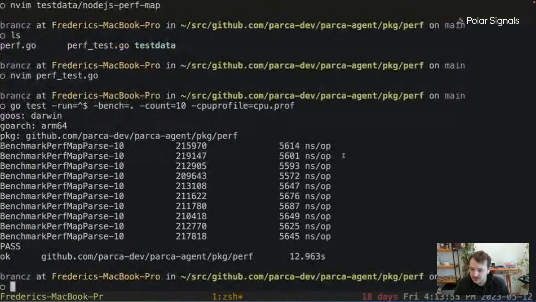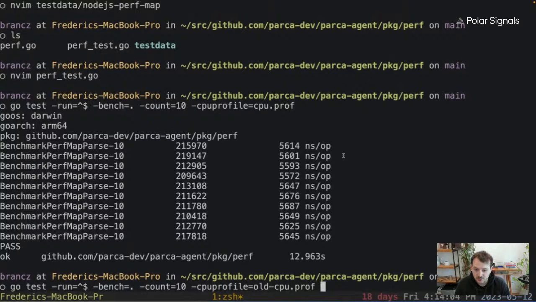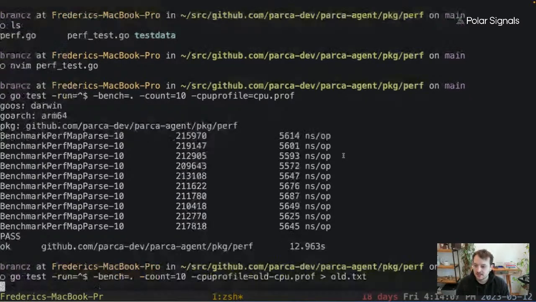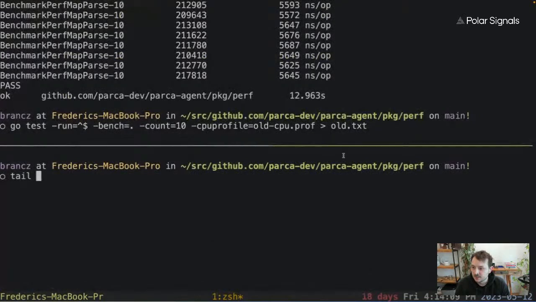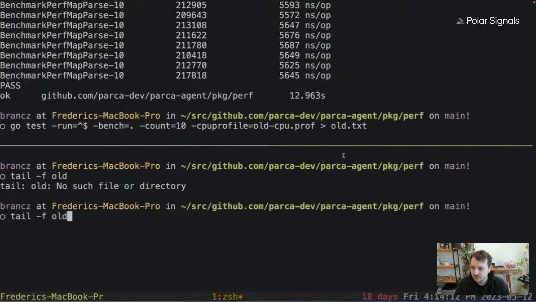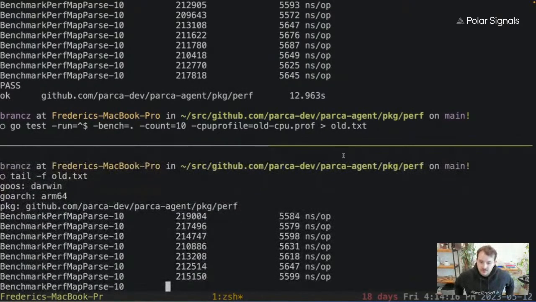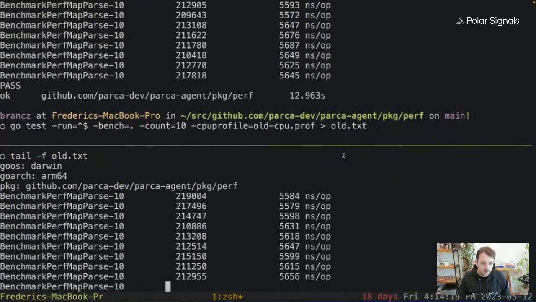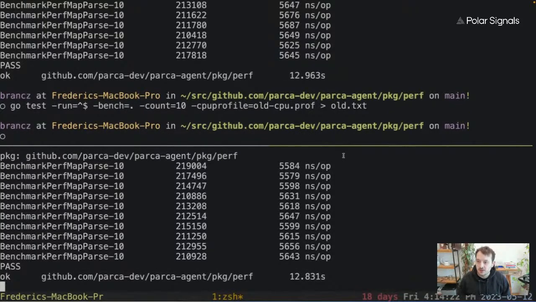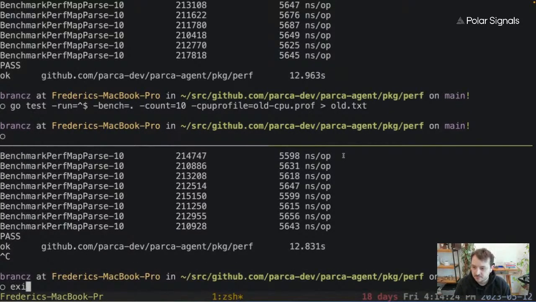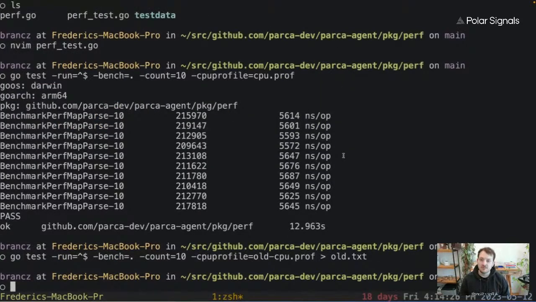And actually, let's just run this one more time. I actually want to save all of these separately, old CPU and old text. So this is going to be our baseline. We're going to start with these numbers, and now we're going to have a look at what we can improve